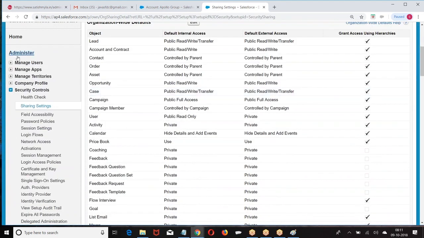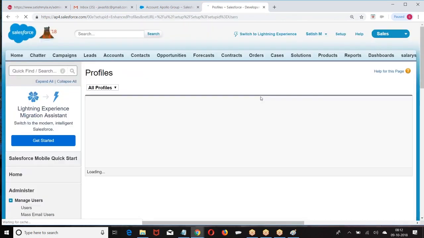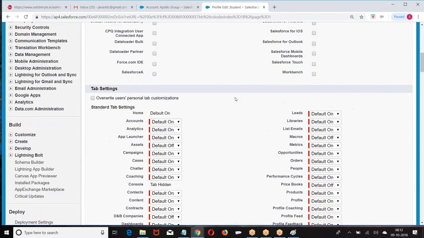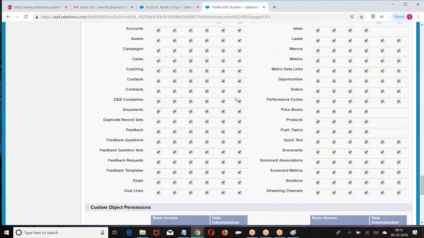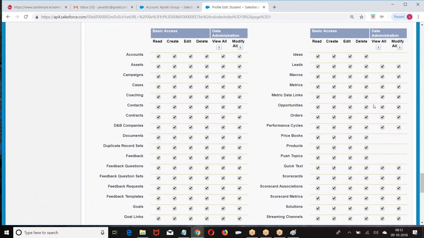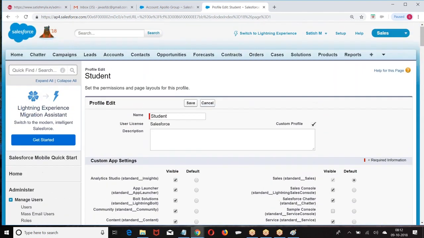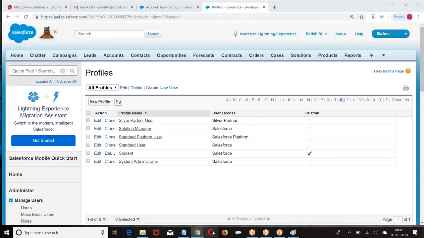Then go to the profile of student. First, let me log in as student and see which records he is able to access. Then I will go for defining a sharing rule.